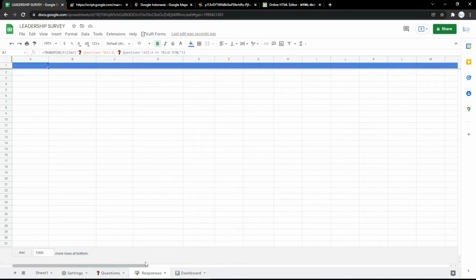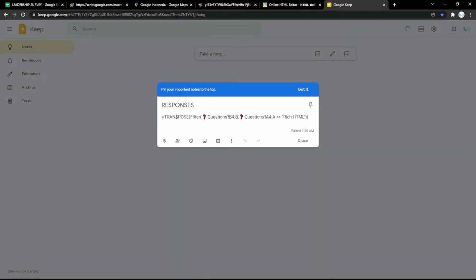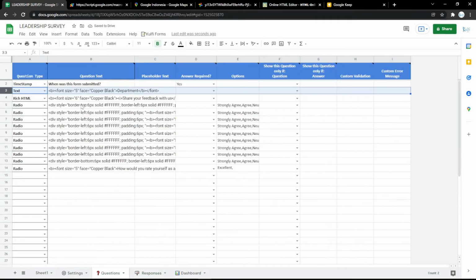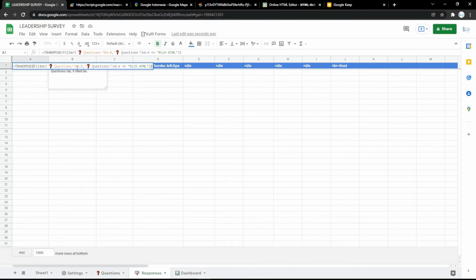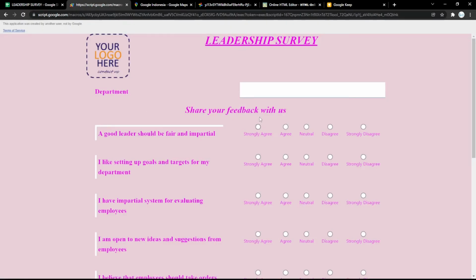Then for the next one, I want to go to responses tab to see the result of the answers from the audience. Like for example here I go to keepgoogle.com and then just copy it and put it here like this, for example. Don't forget to change it first. And then now you can also use the question like this,